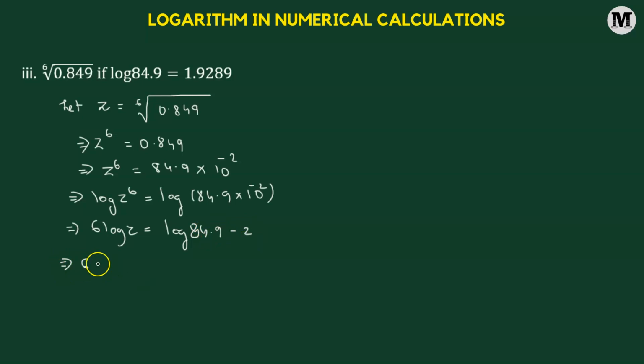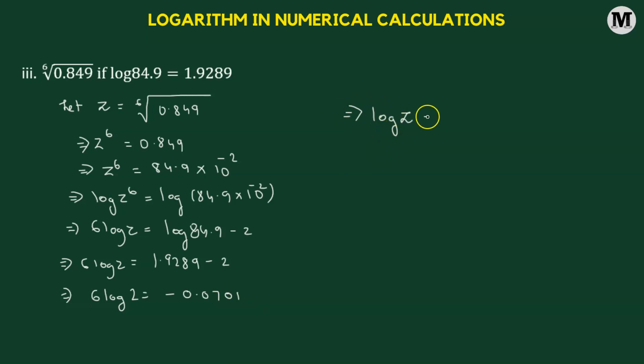The value of log of 84.9 is given to us, that's 1.9289 minus 2. That will be equal to 6 times log of z equals -0.0701. Next, we'll divide both sides by 6 to get log of z to be equal to